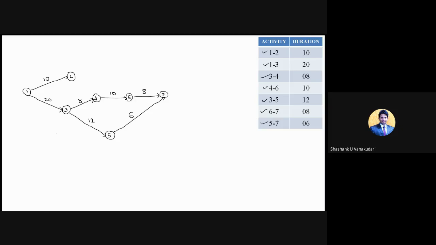But as per the rules and regulations of a network diagram, only one node should be there at the start, and only one node should be there at the end. So here we got one more node, that is 2, and here we got one more node, that is 7. We got two extra nodes. So we are providing a dummy activity for 2 to 7, and I can make this network diagram complete.